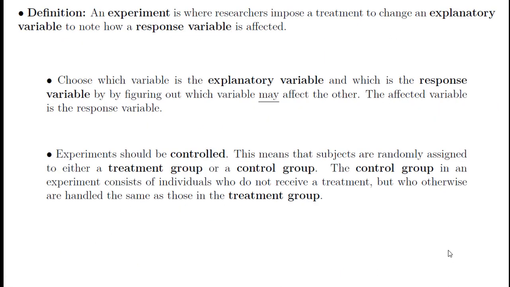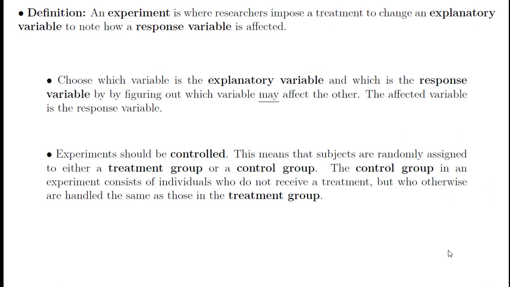All right, so we just finished making a big deal about how when we have an observational study, it is not possible to establish any kind of causal relationship between variables. I'll start off our treatment of an experiment here by saying that a randomized experiment does have the possibility of establishing causal relationships, and